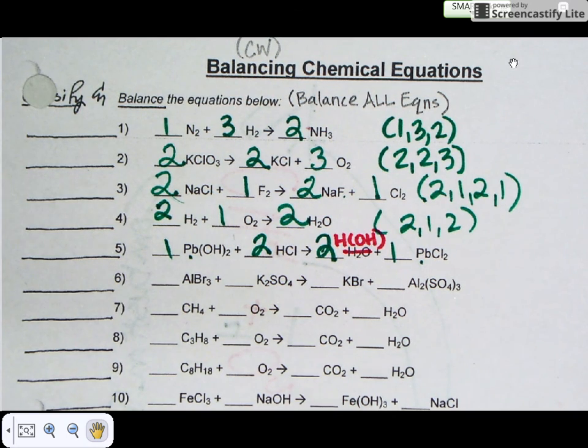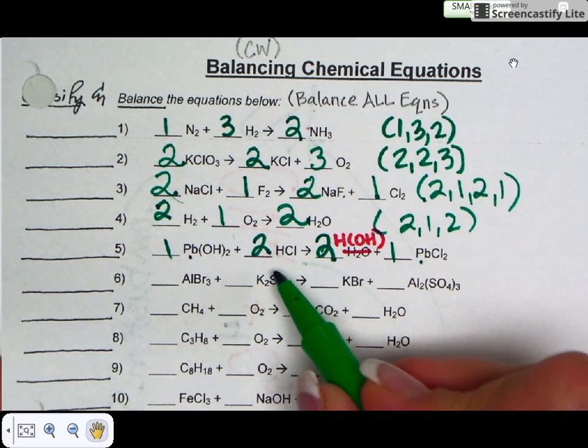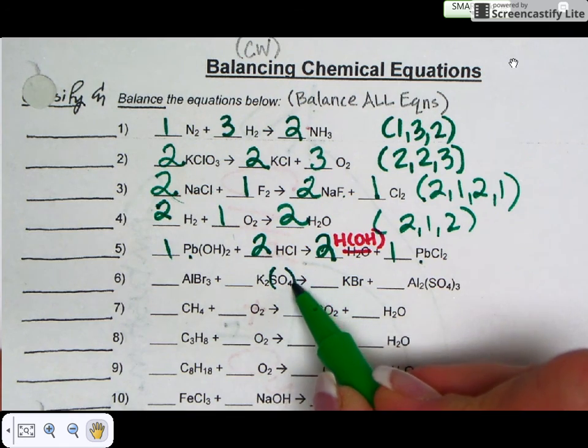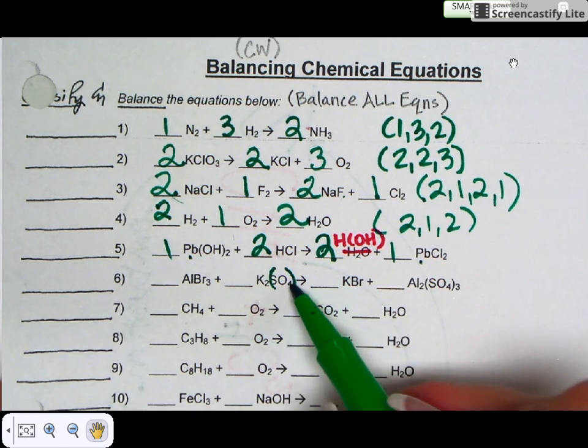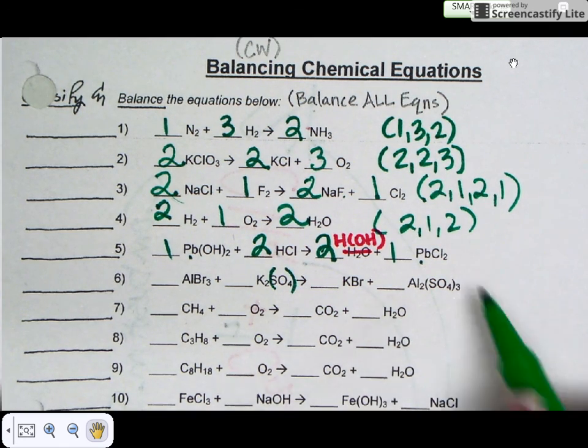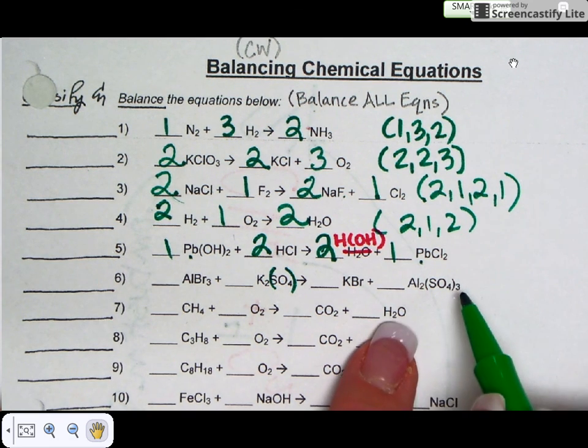All right, number 6. One thing I would do here is put parentheses around the sulfate there. Notice you have 4 sulfates there and 3 sulfates there. Okay? So one thing I would try, since